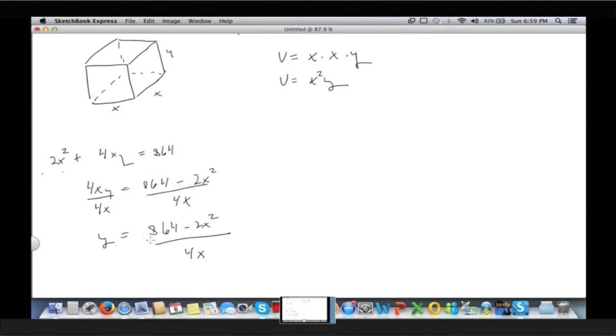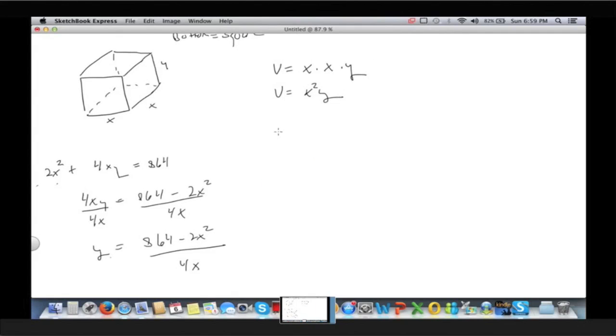Okay. All right, so we have this. You might think that the expression you have now, 864 minus 2x squared over 4x, is complicated, but it would have been even worse if we tried to solve for x. The only way to solve this for x would be to use the quadratic formula. So this is as simple as we can get. Okay, so now I can move on. So I have x squared times 864 minus 2x squared over 4x. And this equals,